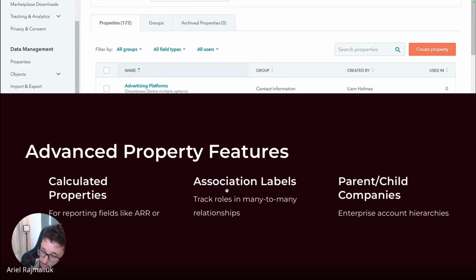In more of a business situation, you will have, for example, a relation where one is the stakeholder and the others are the employees. And yes, that could be a position, but maybe the same person can be the trustee of a trust fund, but at the same time they can be the founder or the investor at a different company. So maybe they associate to a company in one way and to another company in a different way. So that's why you need association labels, and you will use this a lot in workflows.